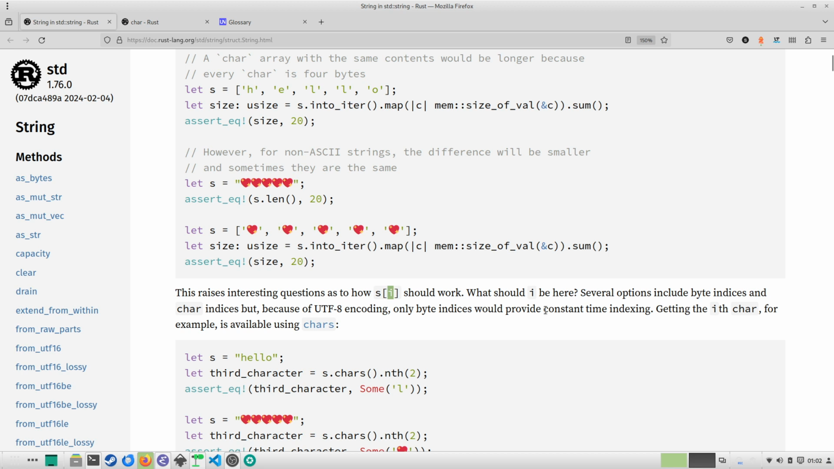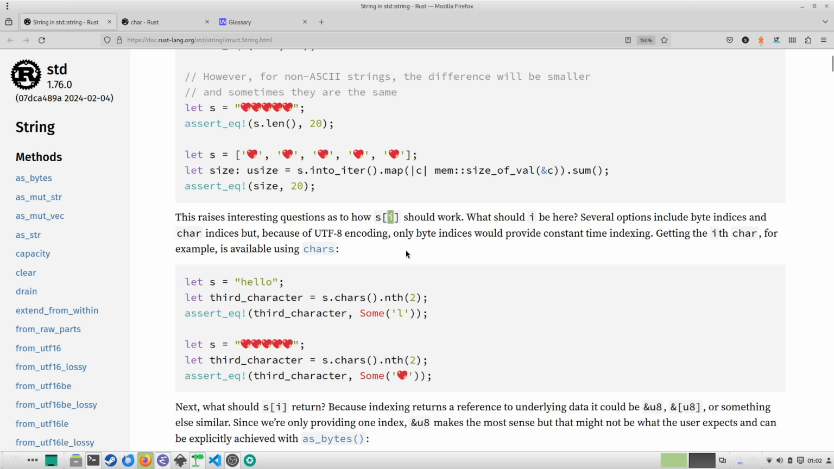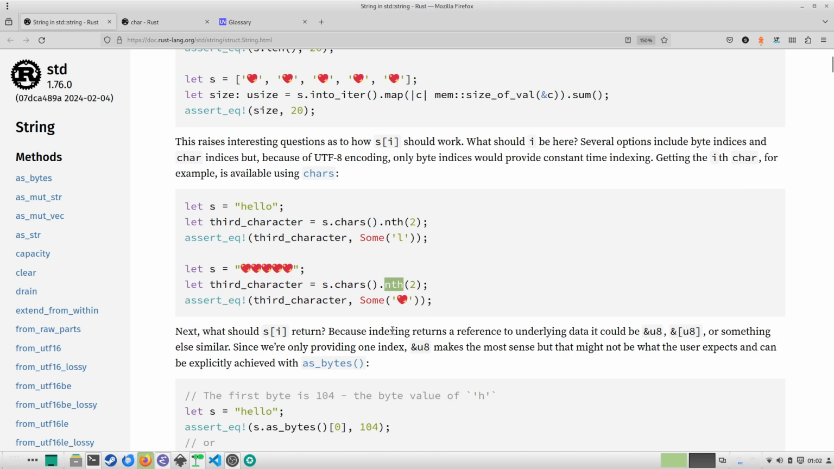The question is, should you treat it as a byte or as a character? Now that's the problem. So getting the ith char is possible. By char, you can invoke the chars function and then take the nth and pass the index. But when you use the index directly, the underlying data could be one character or a slice of a vector. Since we are providing only one index, it makes sense that you return a Unicode